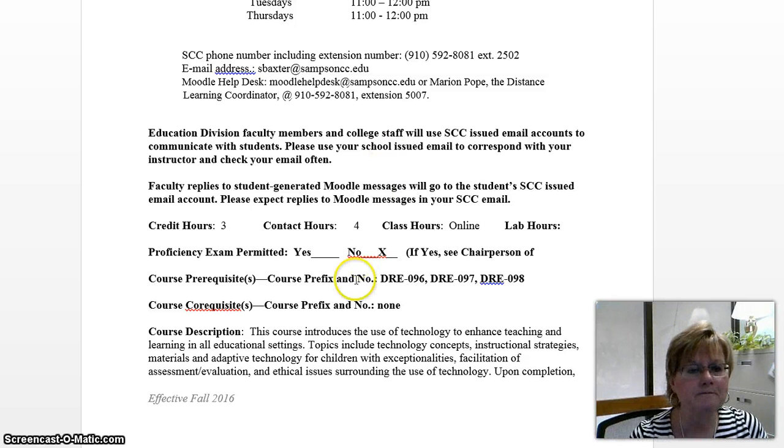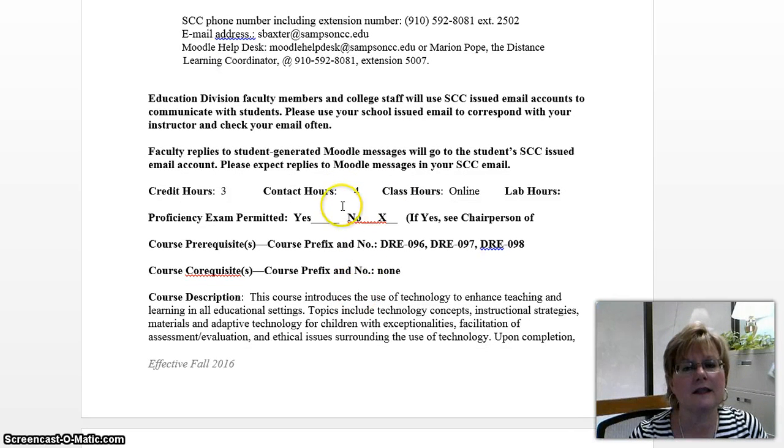You'll notice that this is a 4 credit hour, or a 4 contact hour, class, which means that during a 16-week semester you should be spending 4 hours in the classroom working on this class. So during the summer that would be 8 hours. That doesn't include the outside reading and assignments. That's literally engaging with material. So please know that this is an intensive class for a summer semester. You're looking at a minimum of 8 hours a week.